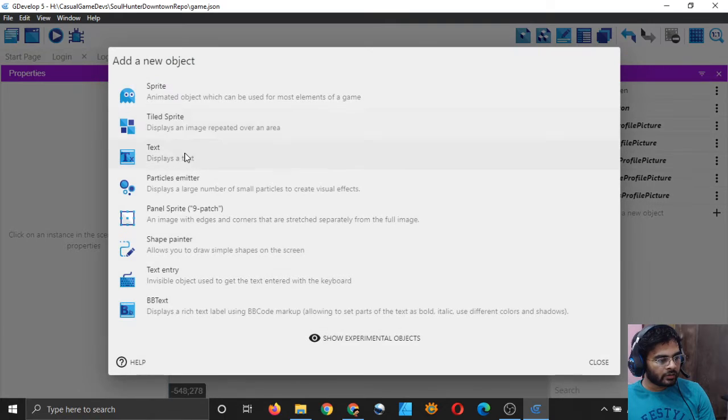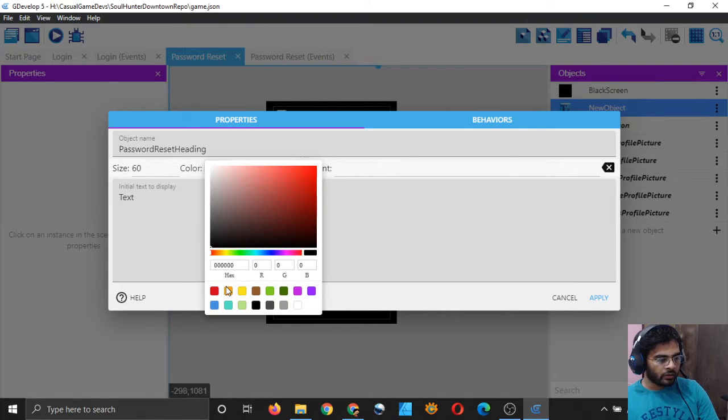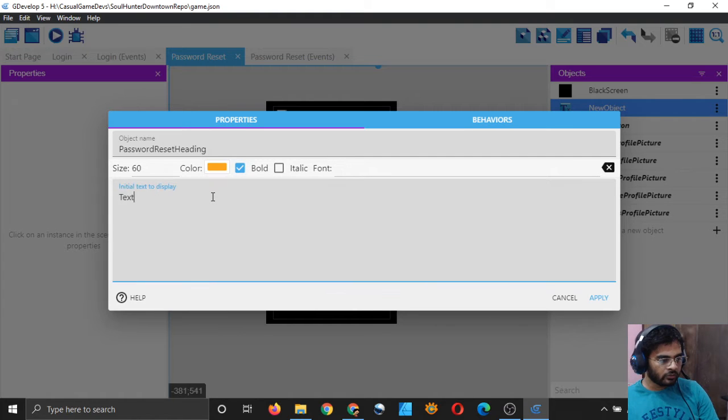First I will make a text which will be password reset. I will call it heading, which will be the heading of the scene. I think it should be 60, that should be enough. And choose orange. You can click on bold and then type reset password, and I will click on apply.